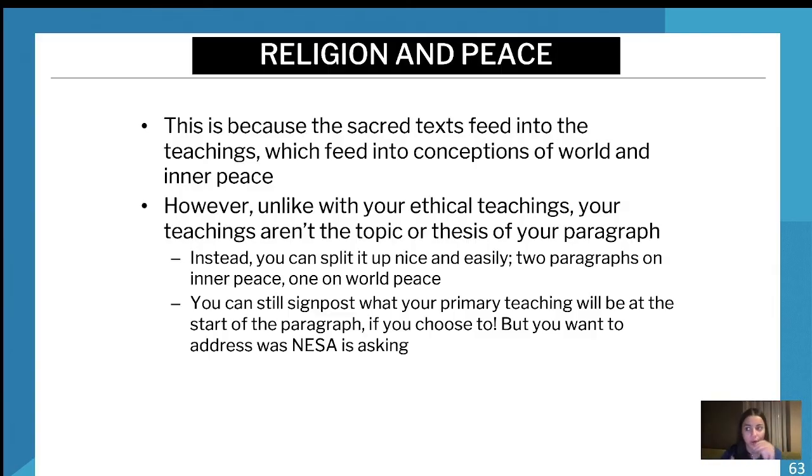The most important thing to understand, the connection between inner peace and world peace, is that if you have inner peace, you are contributing to world peace. If we all had inner peace, the most peaceful world ever. And it all starts with the individual. So by attaining inner peace, you can then go out into the world and contribute to world peace. People who are at low points in their life are going to drag others down, and they're obviously contributing to a lack of world peace. But if you are at peace with yourself, you're not going to feel the need to judge others, to gossip about others, to hate on anyone. And by doing that, you're contributing to world peace. Live, laugh, love, peace. We love peace here.